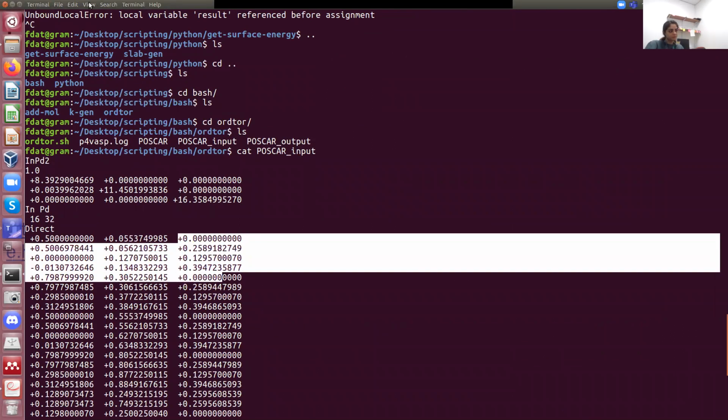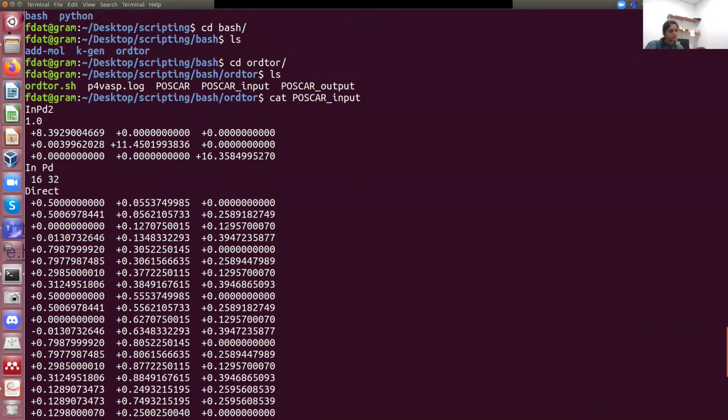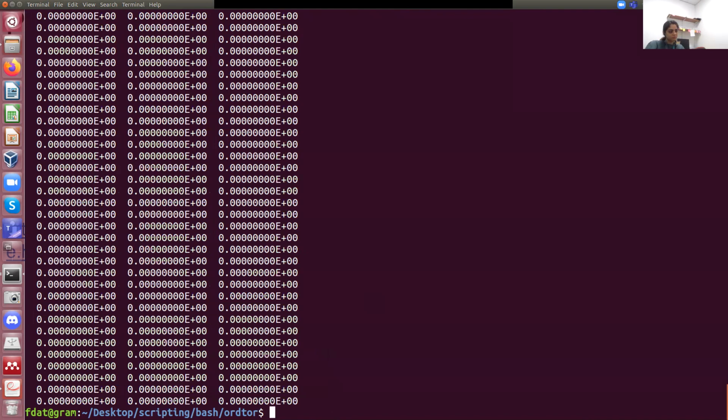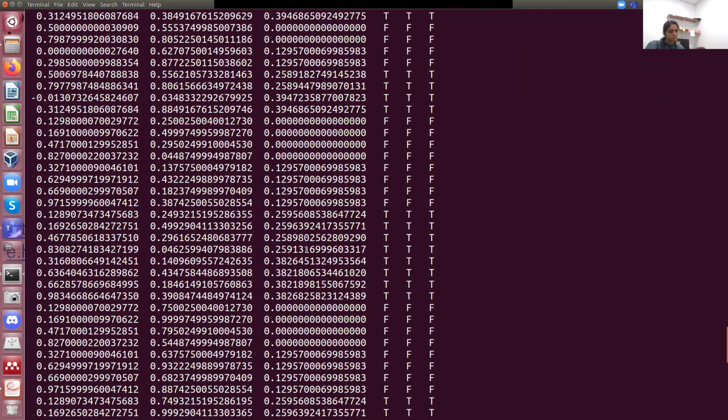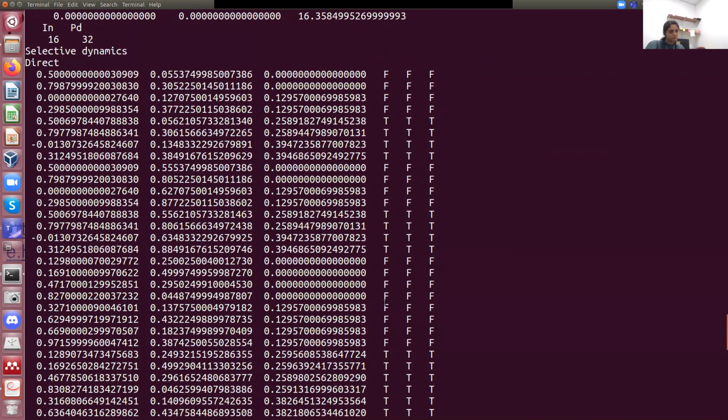Maybe I can put it a bit larger. So you see here that it is 0, 25, 12, 39, 0, and you see that you are not relaxing any of the coordinates. And what you want to get instead is this. This is a pointer, okay? The last 0 point at the end is not important. You need to focus on this part.